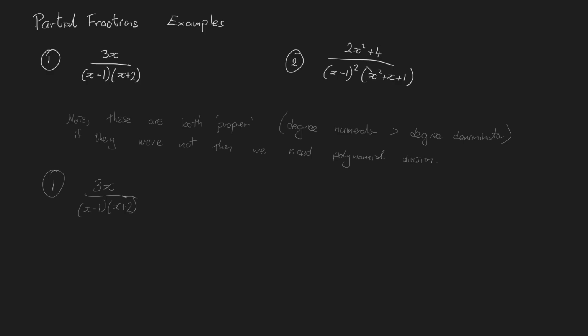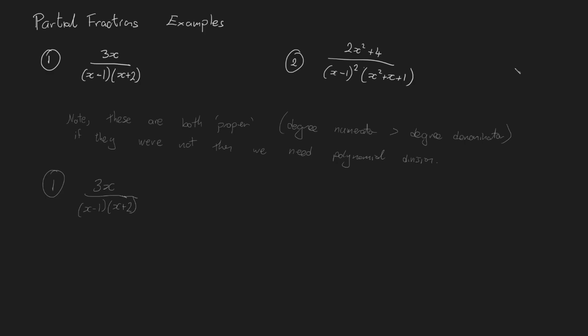If you have an example that you need to solve where it is not proper, so the degree of the numerator is equal to or bigger than the degree of the denominator, then you would simply divide the denominator into the numerator and you would have a polynomial plus the remainder divided by, again, the denominator. And that second piece will be strictly proper. In these cases, I've avoided the polynomial division step by simply setting up problems where I can focus on the